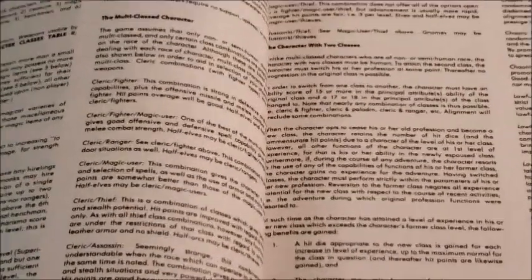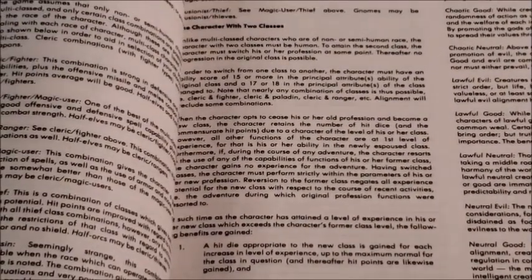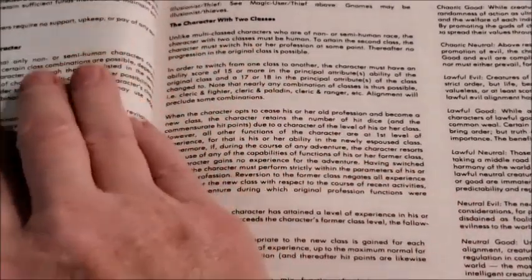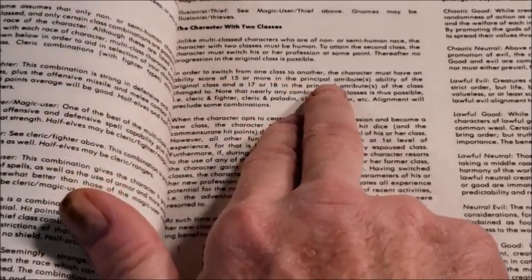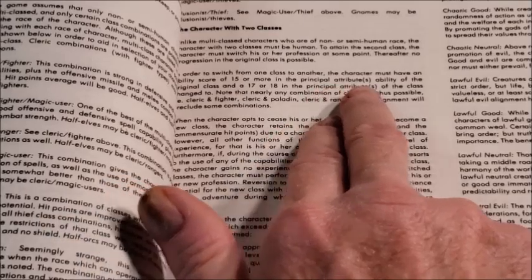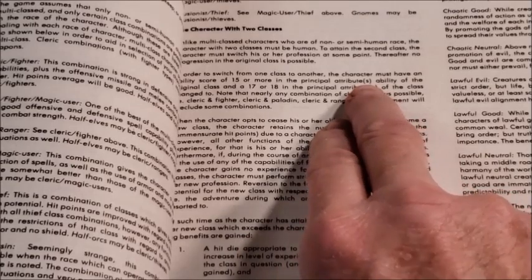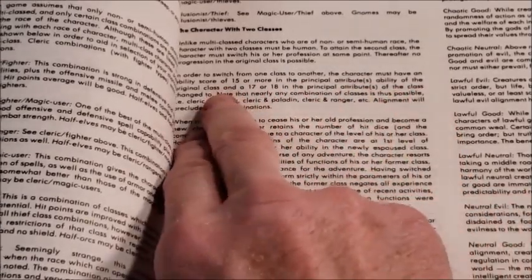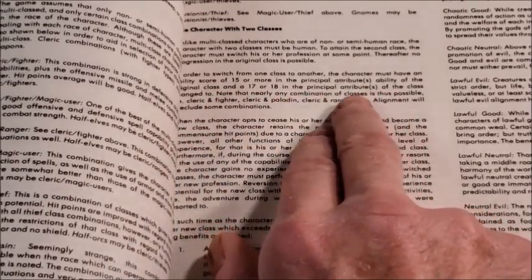Zoom in a little bit on this. So you have to be human, in other words, to be a two-class character, or dual class as they are called. And it shows how you can be it. In order to switch from one class to the other, character must have an ability score of 15 or more in the principal attribute or attributes. So if you were, say, for instance, a ranger who needs multiple attributes to be in the class, you'd have to have 15 or more on those in the original class,